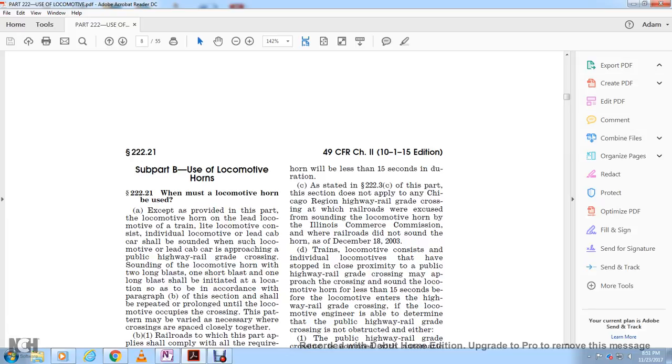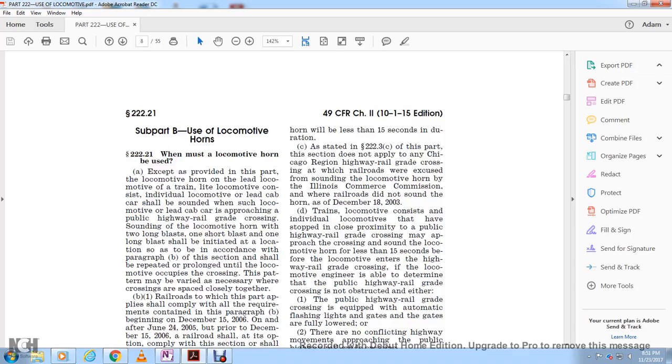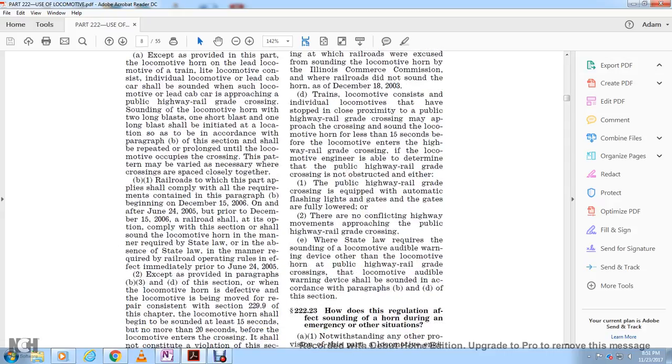This pattern should be repeated or prolonged until the lead locomotive or lead car occupies the crossing. The pattern may be varied as necessary where crossings are spaced closely together. B1. A railroad shall comply with all the requirements contained in